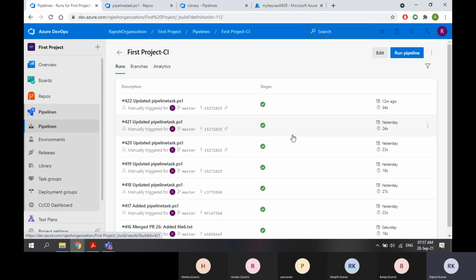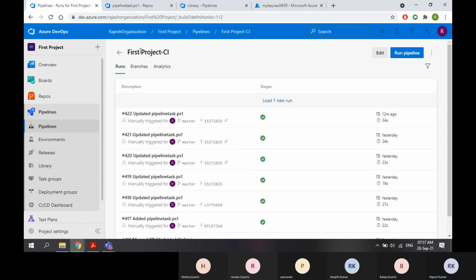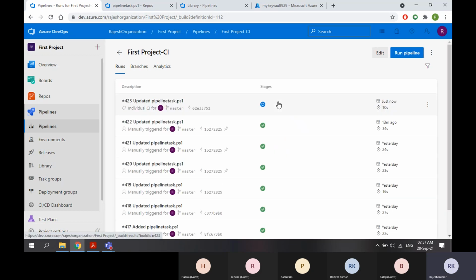Just wait for a few seconds. If I am not seeing it, I need to refresh this page. Okay. Yeah, I got it. It took some time. Load one new run. See, the run was automatically created. Now it is running. So the pipeline is running.